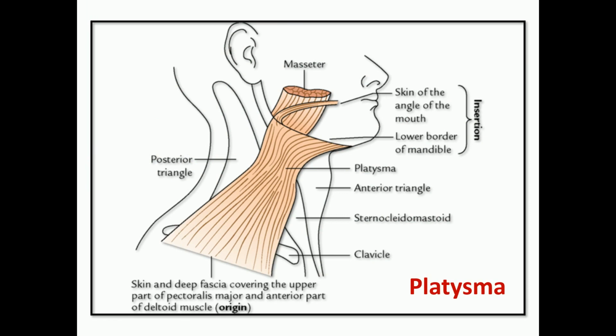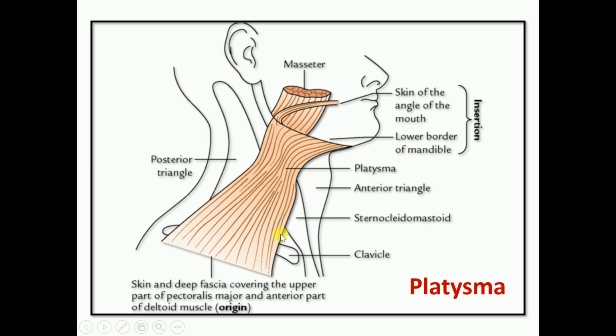Now, the superficial fascia of the side of the neck. It is a thin layer of loose areolar tissue, and it contains a thin sheet of an important muscle, that is the platysma, also called the subcutaneous muscle. In addition to the platysma, the superficial fascia also contains the cutaneous nerves, superficial veins, superficial lymph nodes, and lymph vessels. Out of them, the cutaneous nerves and veins lie deep to the platysma muscle.